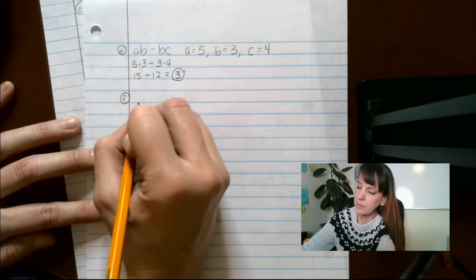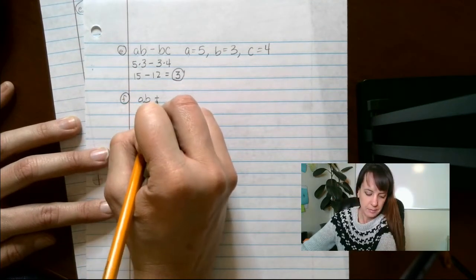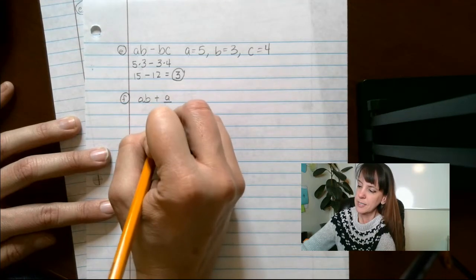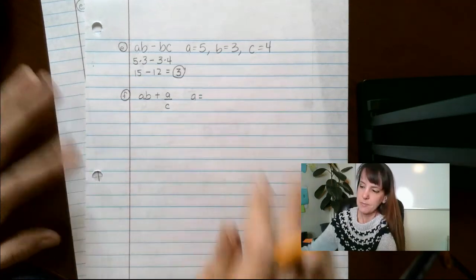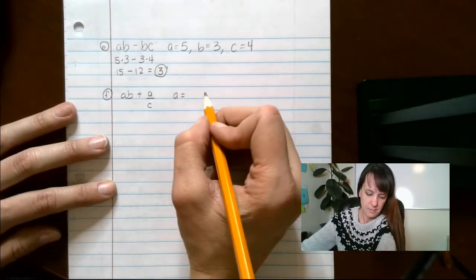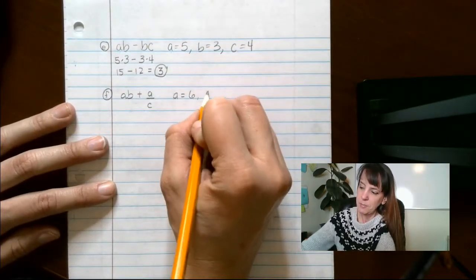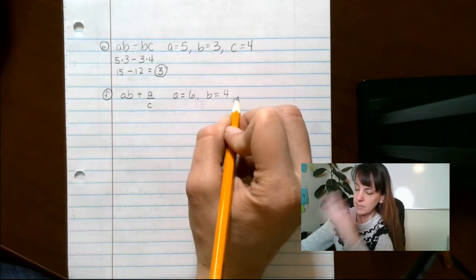All right, so for F, we have AB plus A over C. A equals 6, B equals 4, and C equals